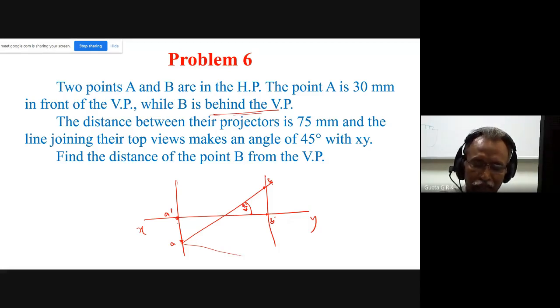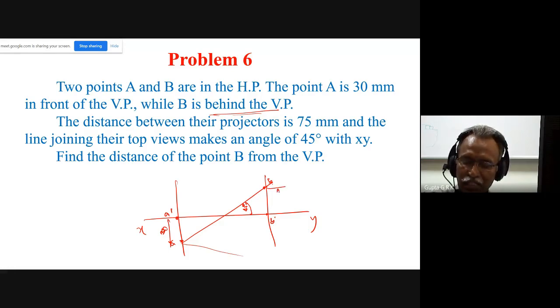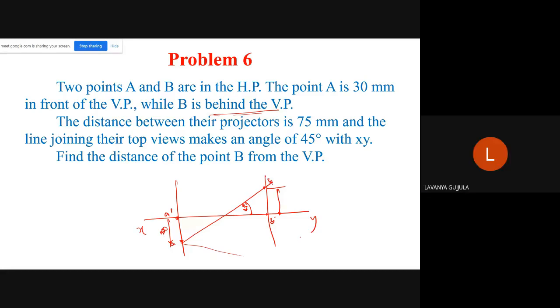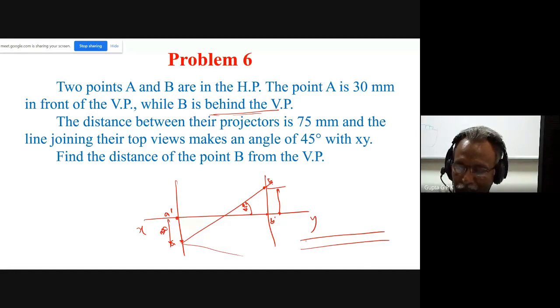Okay, all distances I have to show. This you have to show 30. And find the distance of the point B from the VP. So this is the distance I have to measure, and indicate the 45. But I should not calculate, I have to measure it. It may not come exactly, maybe 1 mm more, 1 mm less. It doesn't matter, right? So I have to draw 2 lines here. I have to write B is so much mm, whatever it is, some 45.